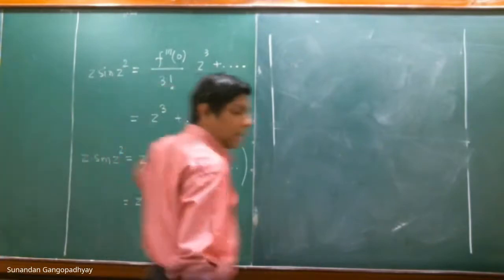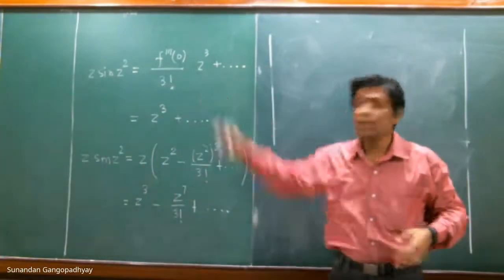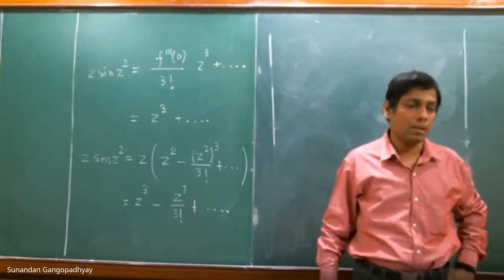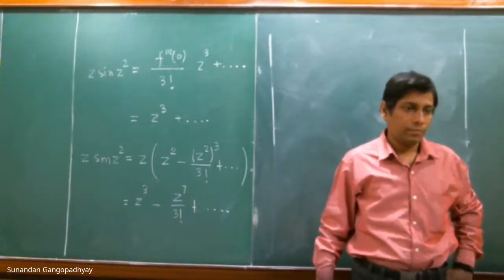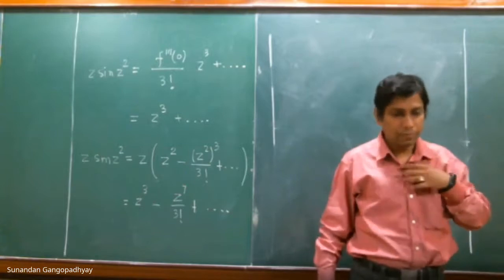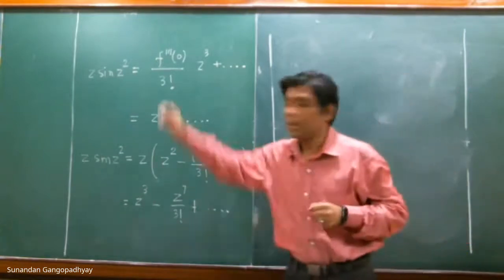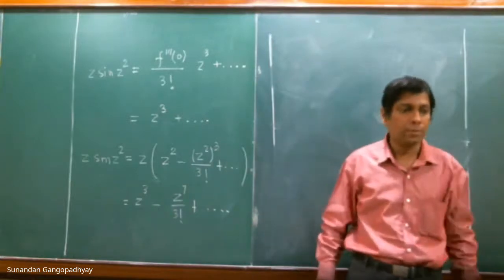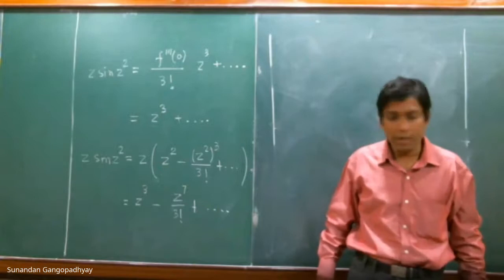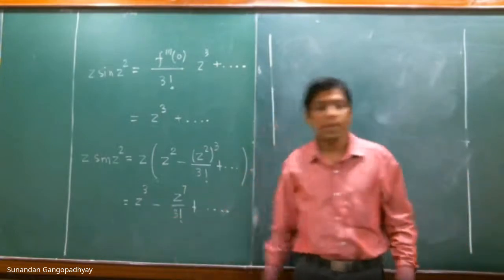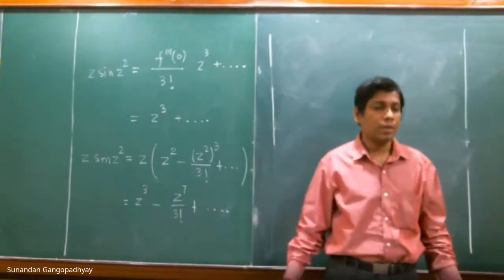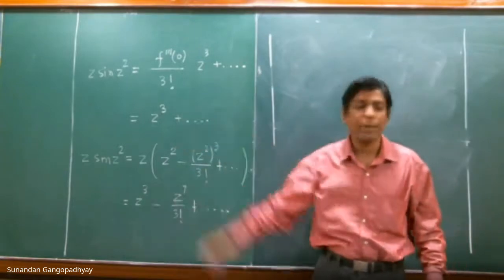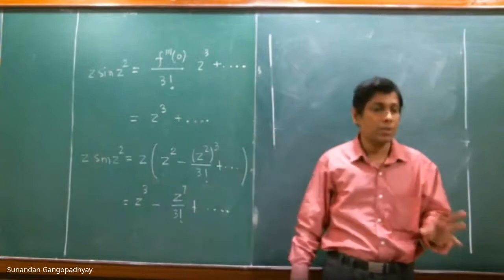You can check. I leave it as an exercise for you to check that for this function the Cauchy-Riemann conditions are valid. Please check it yourself. That is not a very difficult thing to check. You can check that everything is fine. So it is differentiable at all points. It has no singularities, and therefore you can say that it admits a Taylor series expansion around all the points. Here we have made a Taylor series expansion of this function around z is equal to 0.